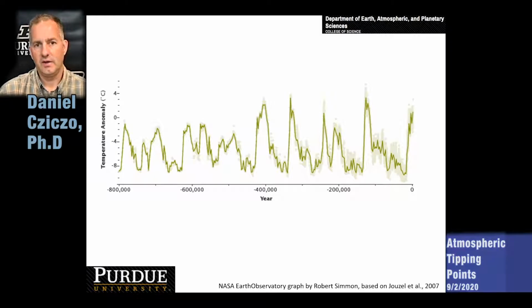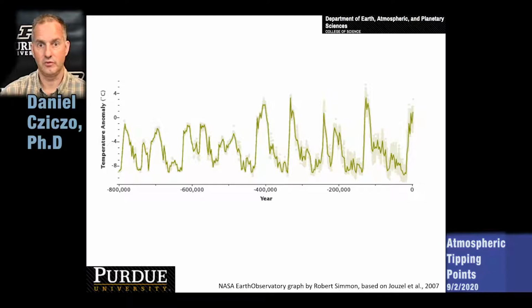So any understanding of climate in the Earth system really has to begin with a temperature record of the planet. And we're able to acquire these through a number of different proxies. Proxies can be anything from ice cores to tree ring data to fossils that we know are sensitive to climate. And using those sources, we're able to look back in time at the Earth. And this plot is one such proxy record using a number of different proxies. And using it, we're able to look back over almost 1 million years, 800,000 years in this case.